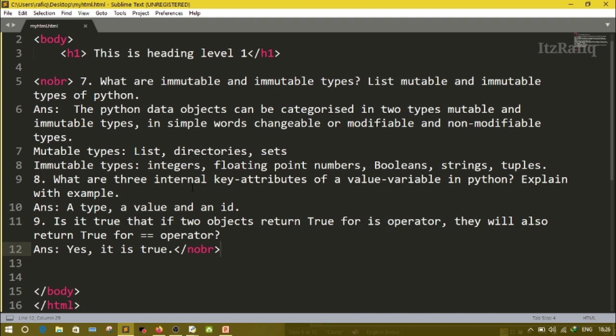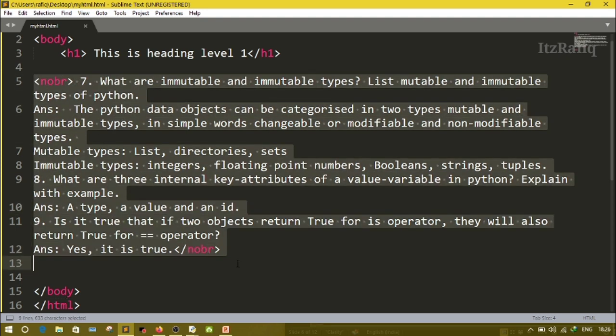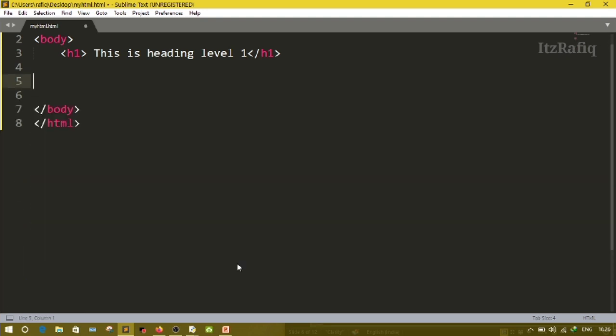After that we have bold, italics, underline, strike through, subscript, etc. these tags. First let's have an example of the bold tag. The bold tag works similarly to the H tags, but H tags are mainly used to define headings.